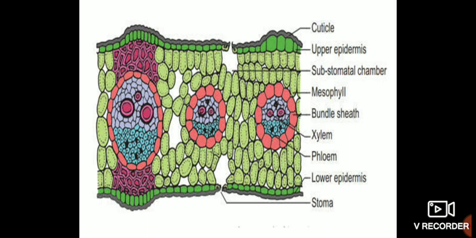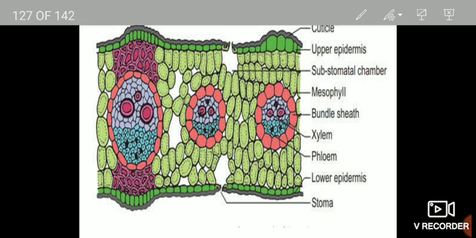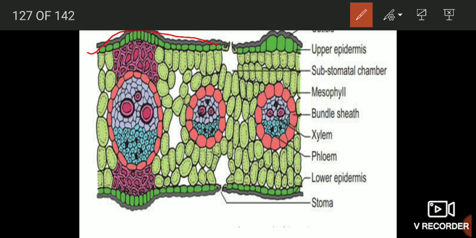Let's now have a look at the anatomical features of monocot leaves by looking at this image. This is the upper epidermis, and this is the lower epidermis, and both upper and lower epidermis are cuticularized. There is deposition of cuticle on the outer side of these cells, and the stomata are present in both upper and lower epidermis. That means these leaves are amphistomatic, and they also possess some large cells, which are known as bulliform cells or motor cells. The function of these bulliform cells is to help prevent the loss of water by rolling and unrolling, or you can simply say they help regulate the loss of water.